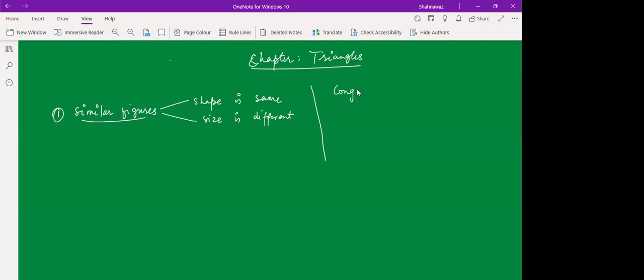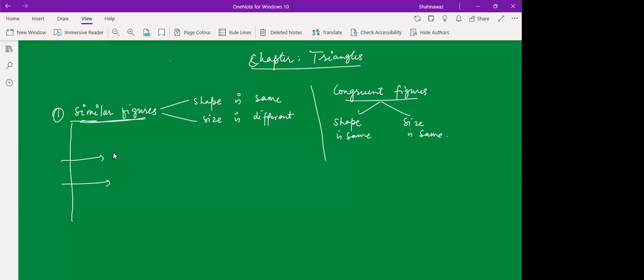So congruent figures, right? In this one, the shape is same, and size is also same. And these similar figures follow a very peculiar property. So these two properties define the similar figures. So one is that their corresponding